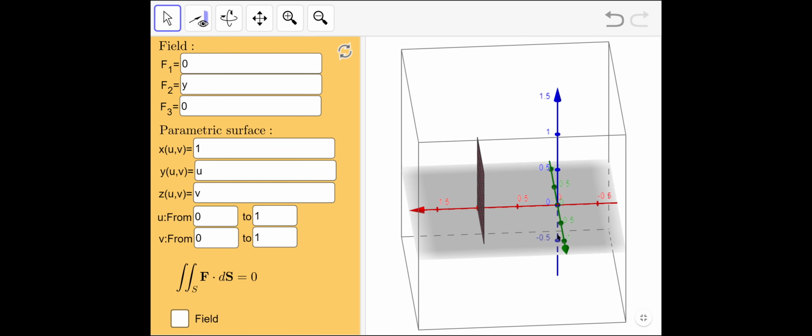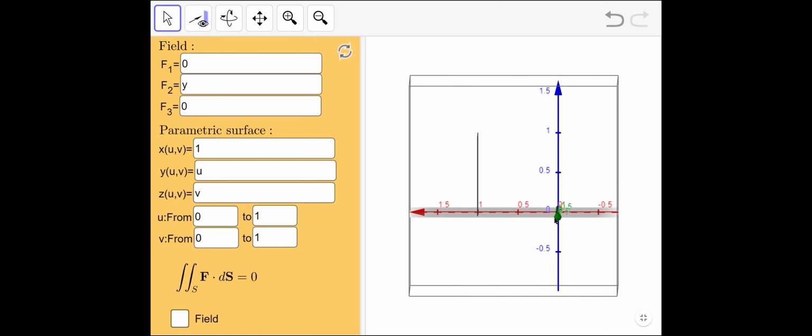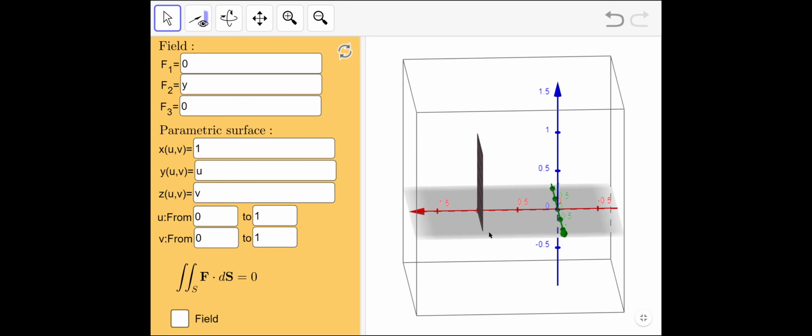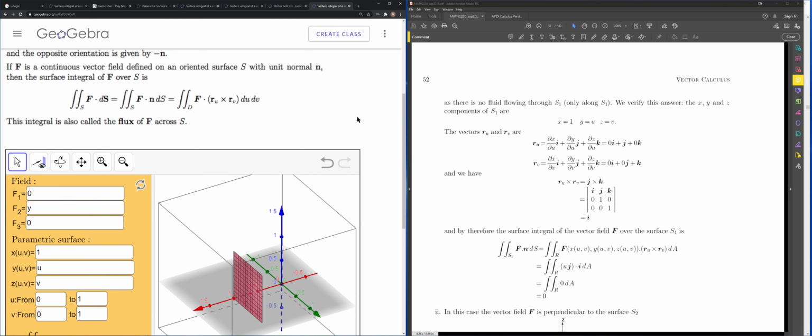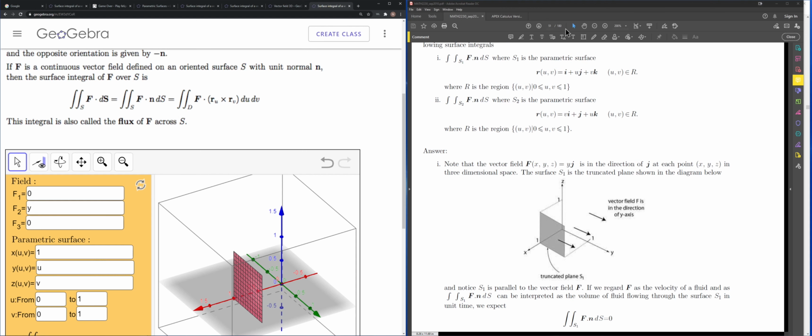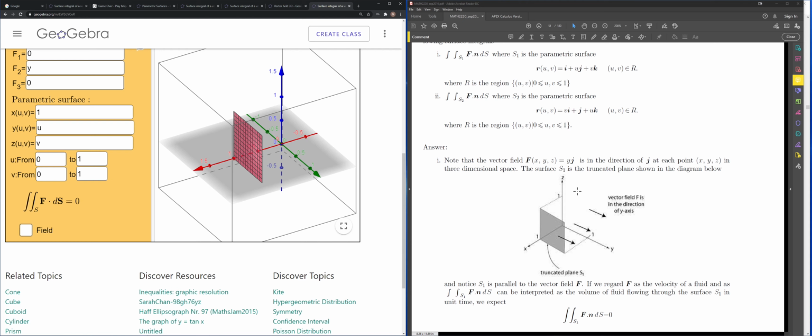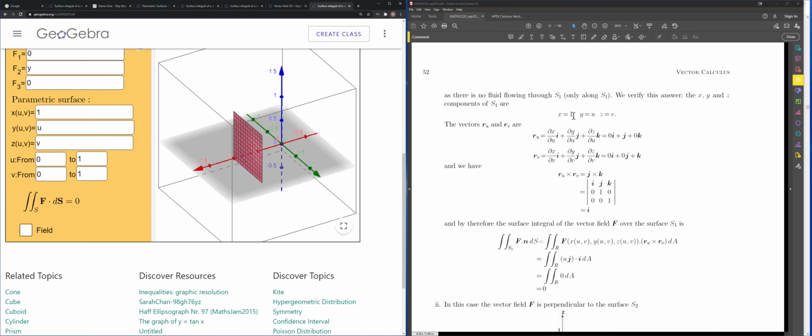And you see in here, if I project onto the xz plane, you see that x is equal to 1. And then what you also have is that x is equal to 1 over here, y is equal to u, and z is equal to v. But u lies between 0 and 1, and v lies between 0 and 1, which means that y is going to lie between 0 and 1, and z is going to lie between 0 and 1. Okay, so with this, I'm expecting for my surface S1 that x is equal to 1,